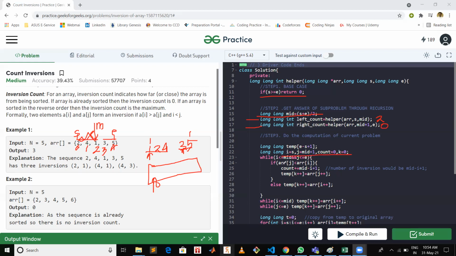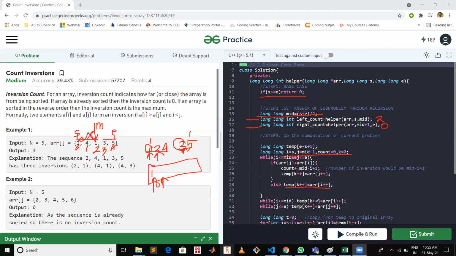So while i is less than or equal to mid and j is less than or equal to end, we will iterate and see if array of j is less than array of i, which is not correct. So we will move to the else statement, and at temp of k we will put array of i, which is 1, we will increment k, and we will increment i.